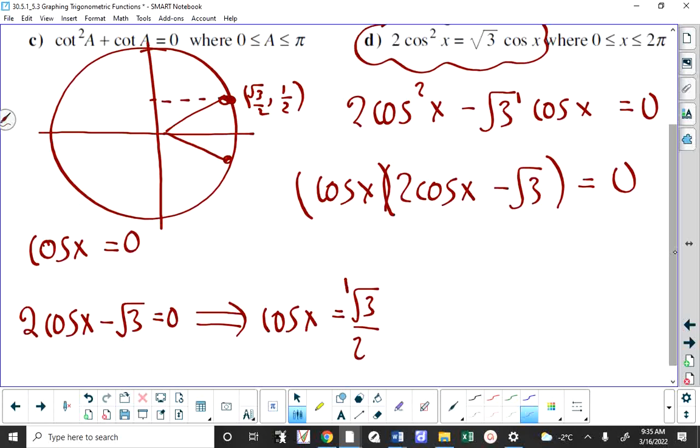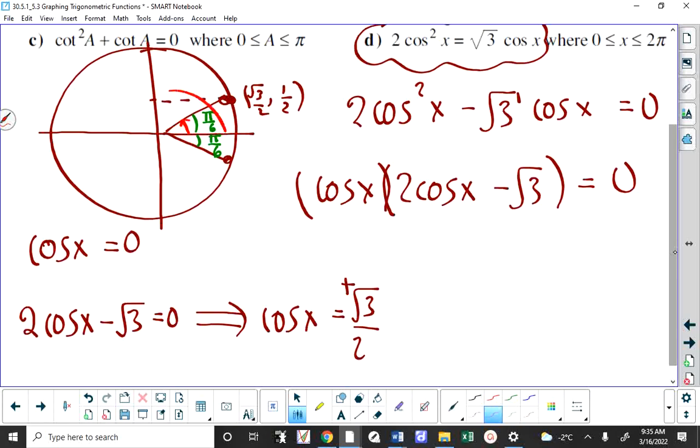So you would say the reference angle is pi over 6. Then you would say, since the cosine is positive, it's pi over 6 in quadrant 1, and it's pi over 6 in quadrant 4. And then you could figure out the rotation angles. I don't want to muddy up the diagram much more, but remember the rotation angle would be